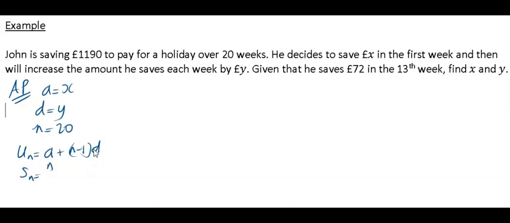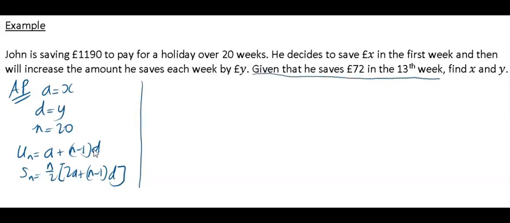Sn is equal to n over 2 times 2a plus n minus 1 d. Okay, so we're good to go. We have everything we need. Now, the first thing that jumps out at me, it may jump out at you in a different order, that's fine. It says, given that he saves £72 in the 13th week,